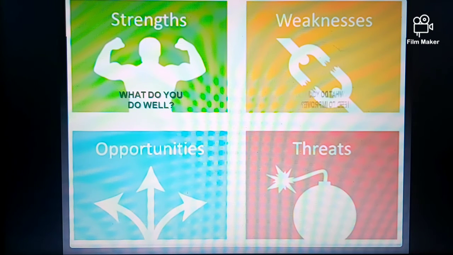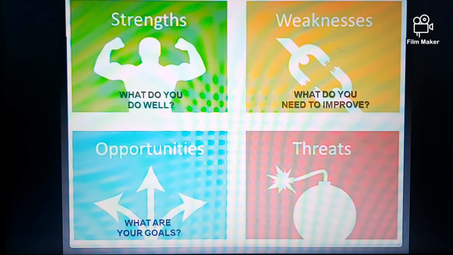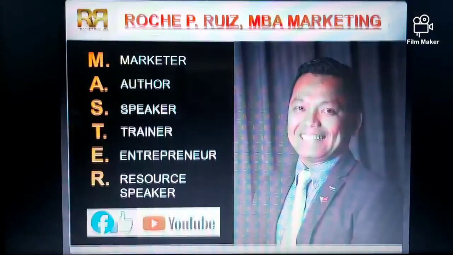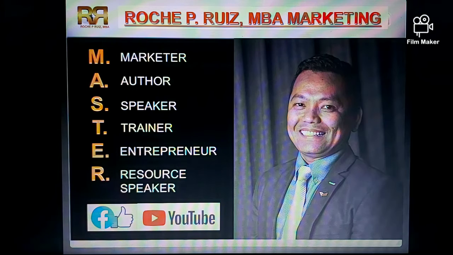And then you should also identify your weaknesses. Remember, there's no business that doesn't have weaknesses. There's no individual that doesn't have weaknesses. What do you need to improve? This is your weakness, and you must also identify the opportunities, what your goals are, and so on. And of course, there are several clinics in your community, so those are all threats. Those are external, the obstacles you face. So we have identified the two, but before we proceed with the three parts,